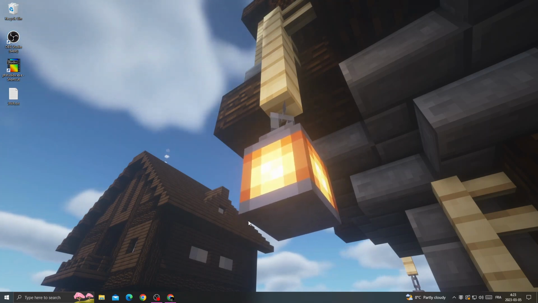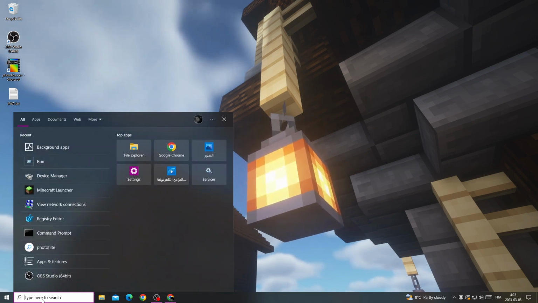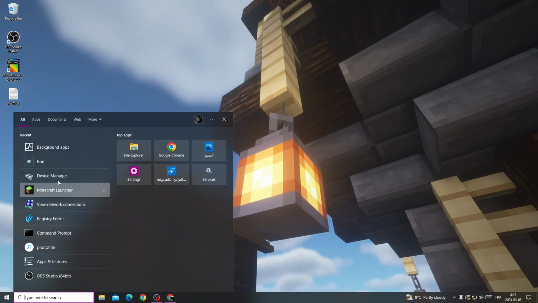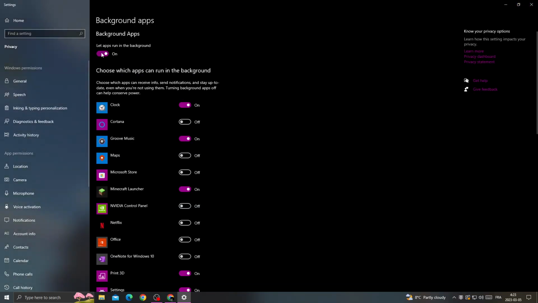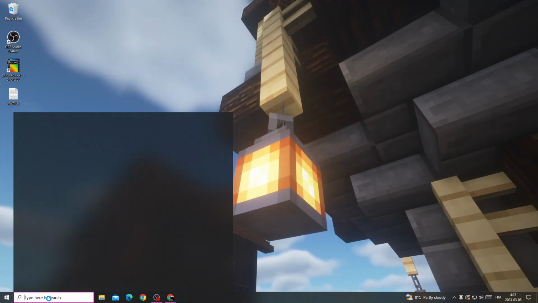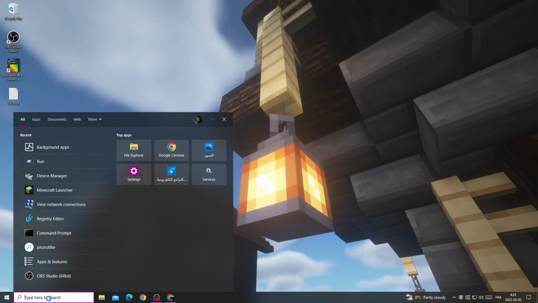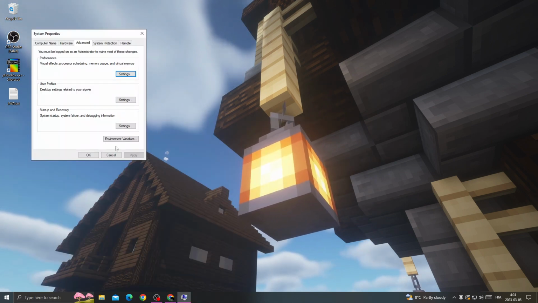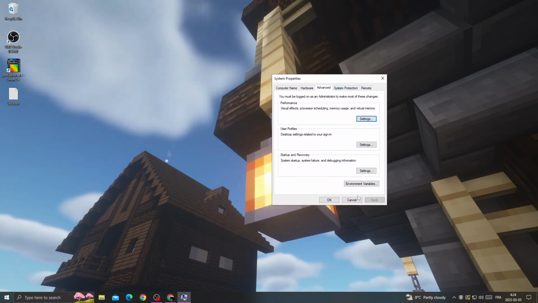If you want to fix it, click here and then click background apps. Now just make sure to turn off this option and then go back and click here, and now type view advanced system settings and then click this one